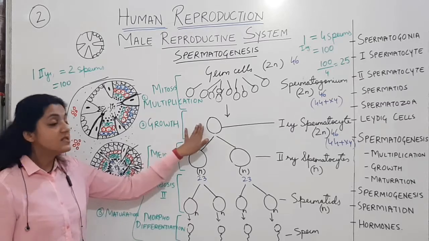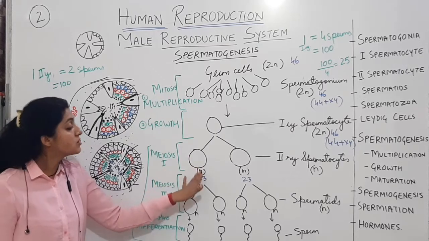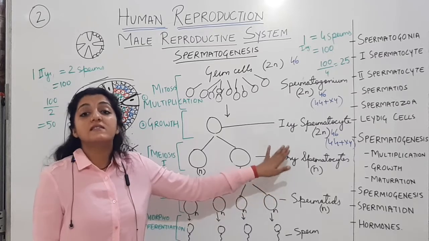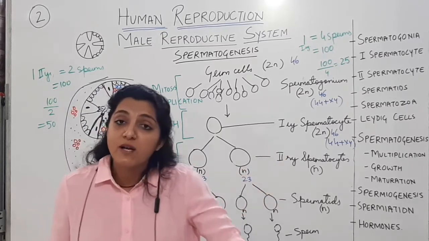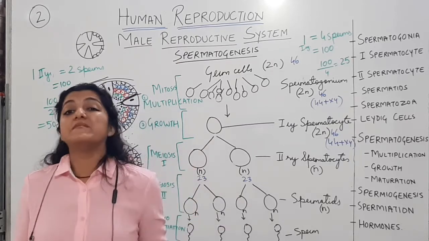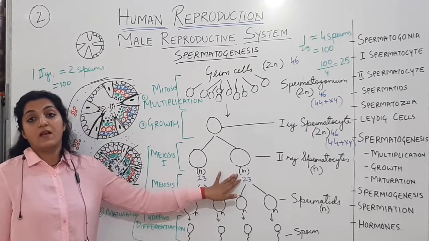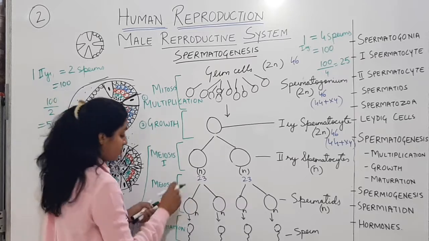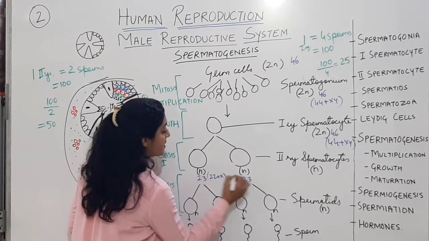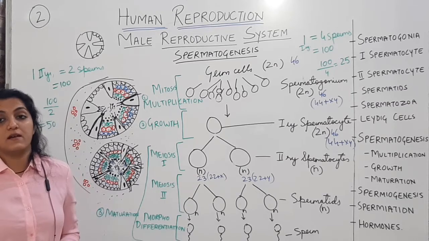Now this primary spermatocyte undergoes the first meiotic division, that is a reduction division. So you will get 2 haploid cells. These are called the secondary spermatocytes. Secondary spermatocytes are the first haploid cells formed in the process of spermatogenesis. Important MCQ. Now these secondary spermatocytes are haploid, so यहाँ पे हो जाएगा 22 plus X, and this 22 plus Y. Genetic constitution change हो जाएगा with haploid cells.